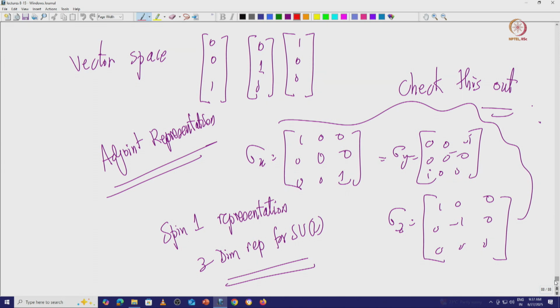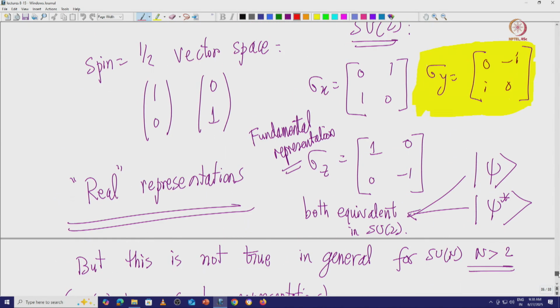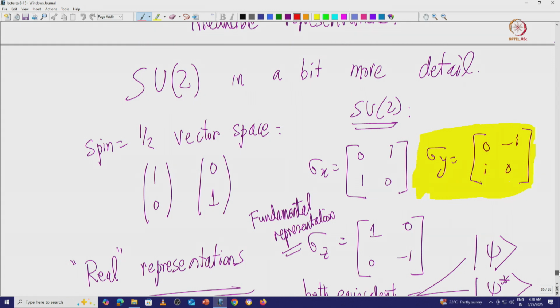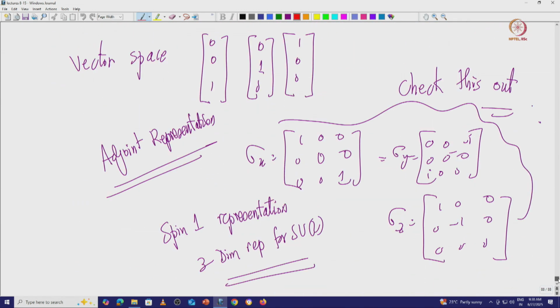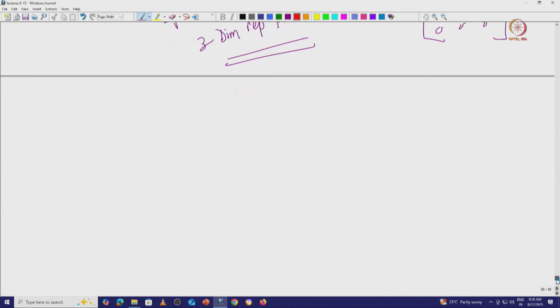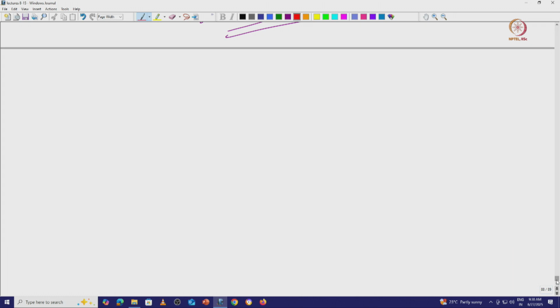Then we have looked at representation theory. We looked at representation theory in analogy with quantum mechanics, so that we can understand everything in terms of vector spaces. And we said that the representations of SU2 are pseudo real. And then we looked at spin 1, spin 2 and spin half representations of SU2. Very good. I think we have now covered most of the prerequisites required to understand what is called the Lorentz group.